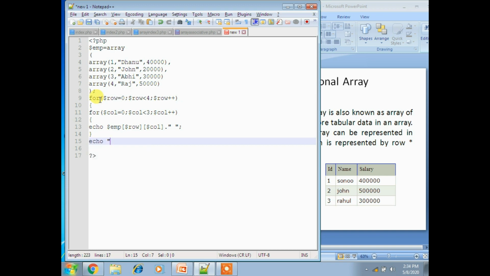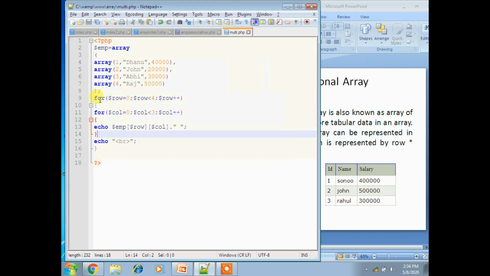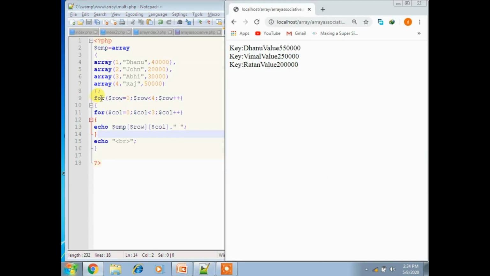Echo, use br for division purpose. I'm taking that, and now I'm saving this program as the third method, my multi-dimension program, multi.php. Give it the name multi.php.